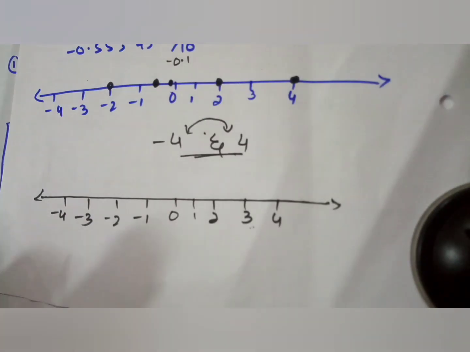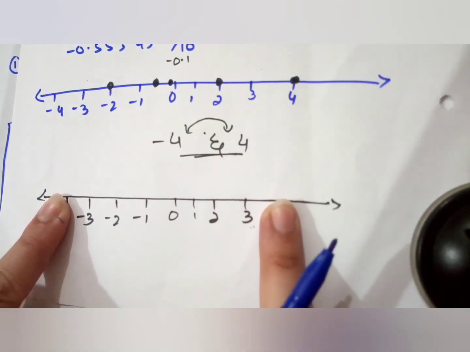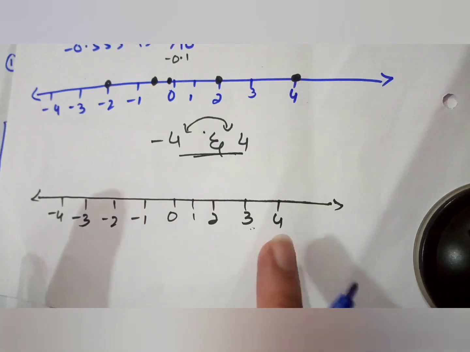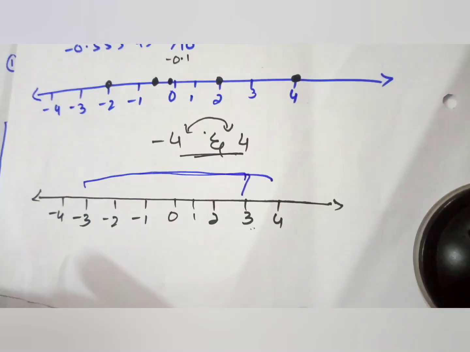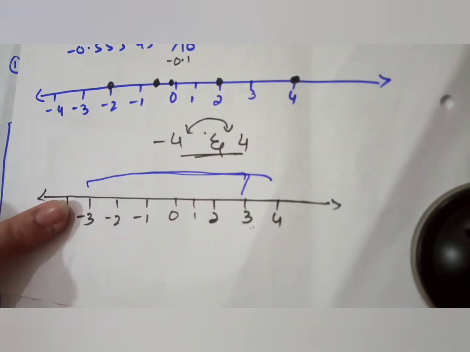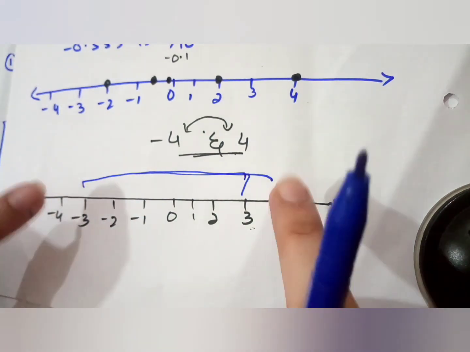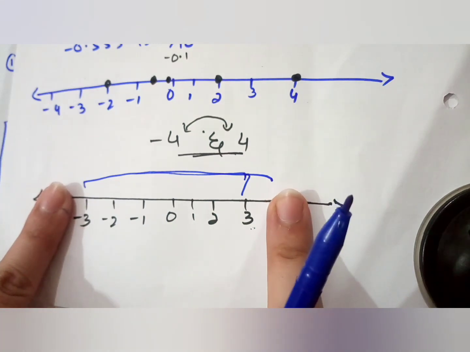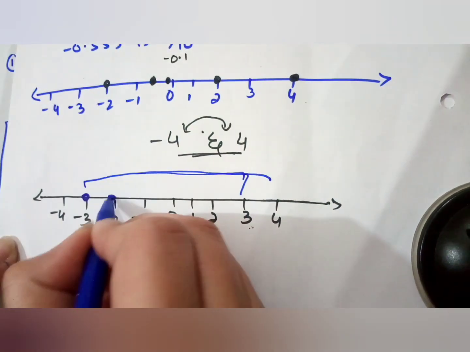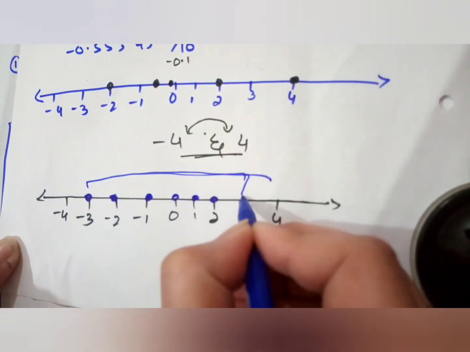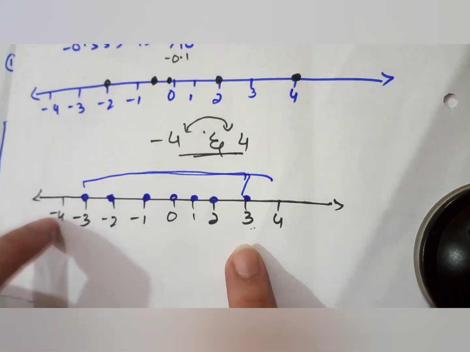Which terms are between? Between means minus 4 and 4. All the terms that are between minus 4 and 4, represent those terms. Again, between means a term that comes between these two terms. I just put the finger on minus 4 and 4. Now all the terms between minus 4 and 4, not including these two terms. So I hide just the two terms, minus 4 and 4. Now take all the terms between minus 4 and 4. This is from minus 3 to 3, so indicate all the terms. So this is your required answer, that represents the integers between minus 4 and 4 on the number line.